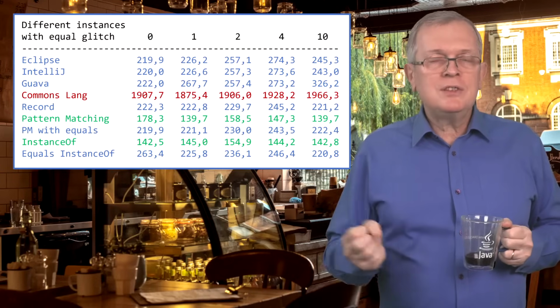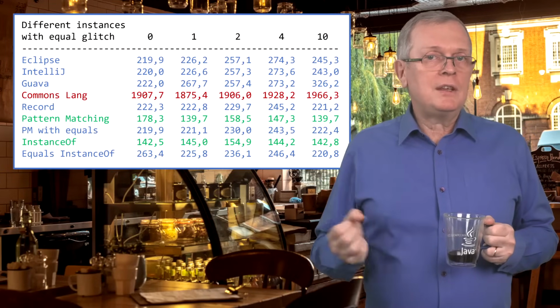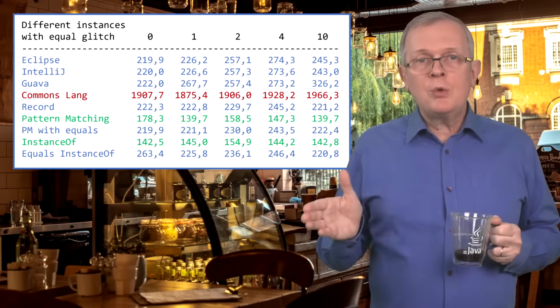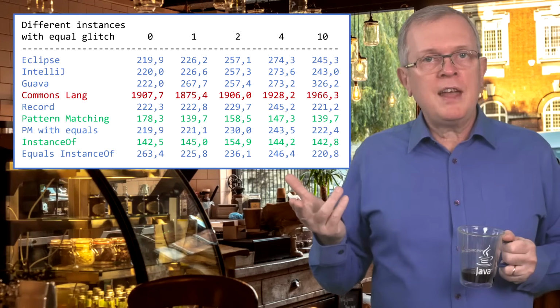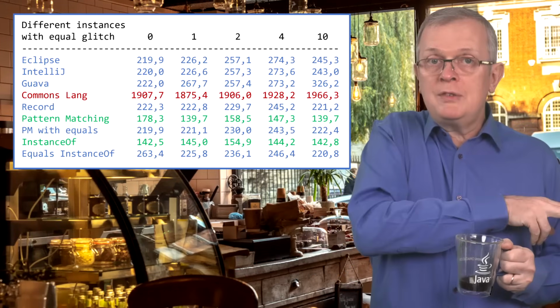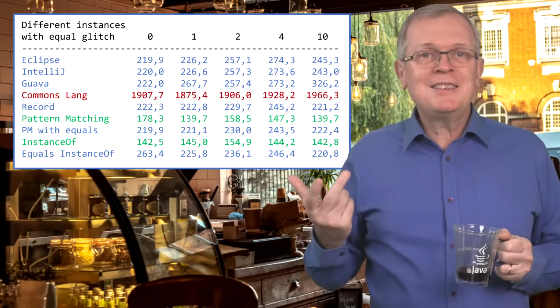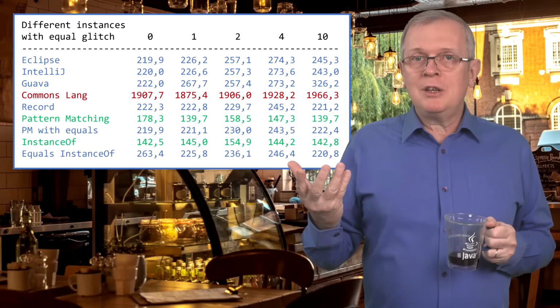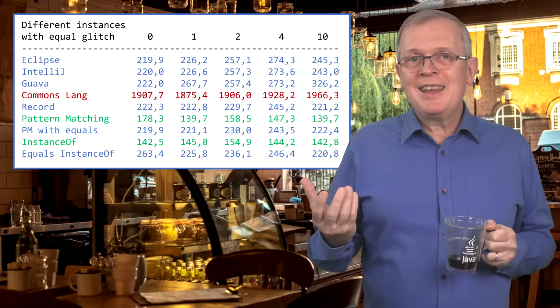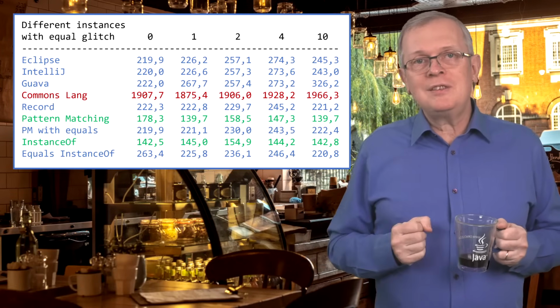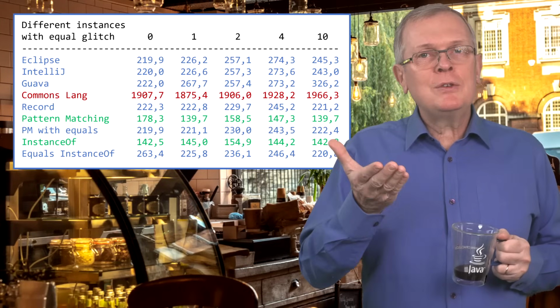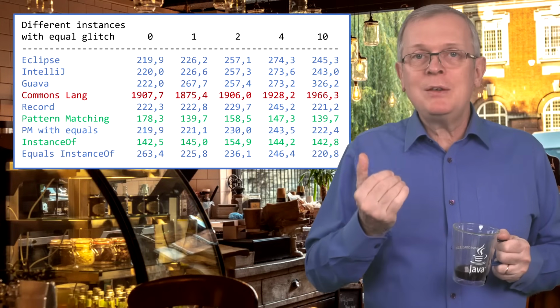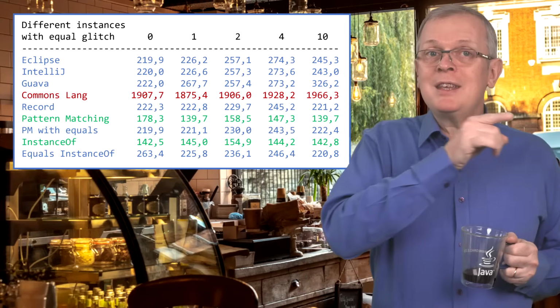The following series is the same as the previous one. The only difference is that the glitch is a different instance that carries the same state. That is an object that is equal. The most interesting thing is that if you compare these numbers with the previous series, you can see that the instance check solutions are actually performing better, which may seem unexpected because this instance check is always failing in this series. Well, it's better because predictive branching is playing with you in this case, and it was playing against you